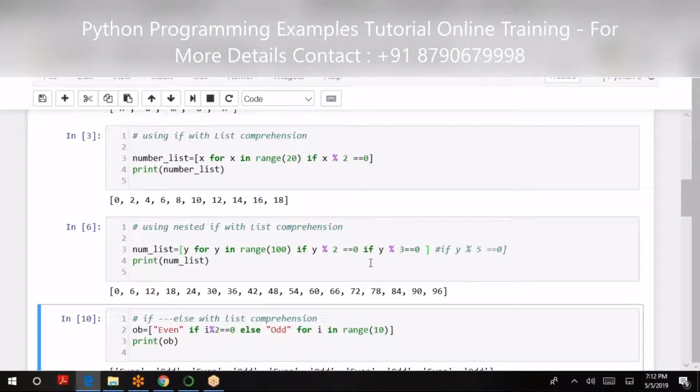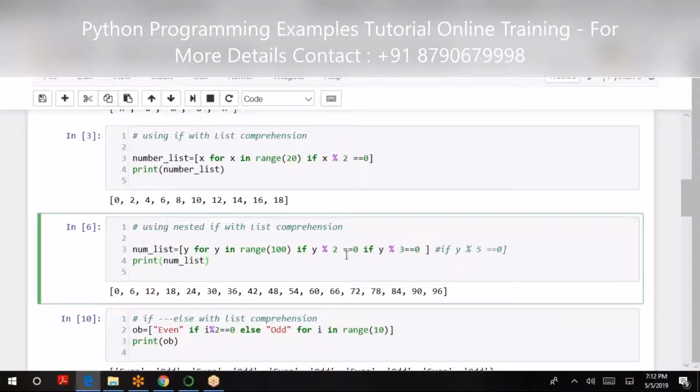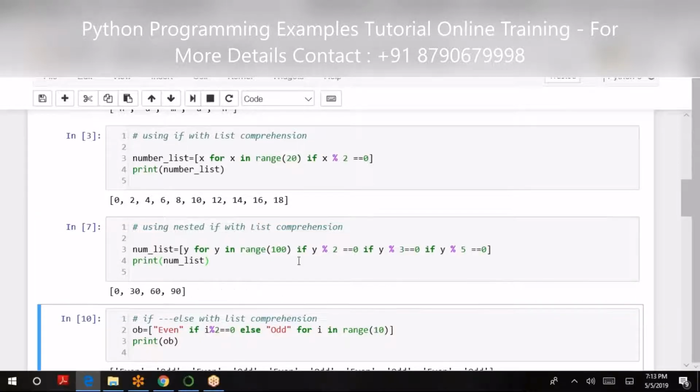So I have gone for modulus 2 first and then modulus 3 second. I got a big list. And on this list, when I say get me the decision as y modulus 5 is equal to 0, then 30, eventually 60. The answer will be the same. So the end outcome remains the same.